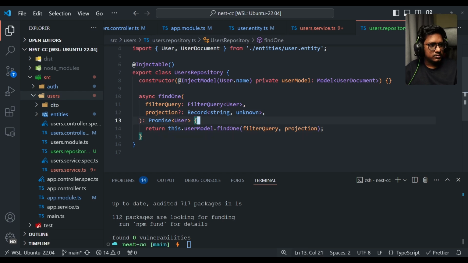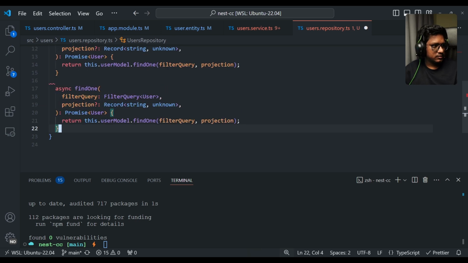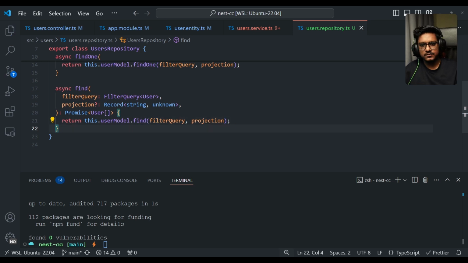Let's close the sidebar also, and let's copy paste this findOne, and we'll define the find method. And if you can guess, this will be a User promise, and over here we simplify. That's it. Now let's move on to create,